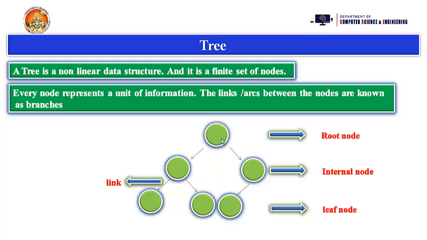Suppose you are taking the root node, which is the starting node of the tree here. Come to this node, and this node consists of a left child and a right child. So we have different terminologies here. This node is a parent node and it consists of two children, a left child and a right child, and this node acts like a child for the root node. So this is called an internal node. What is the internal node? This node is the internal node; it acts like a parent for these two children, and it acts like a child for the root node. Then that node is called an internal node.